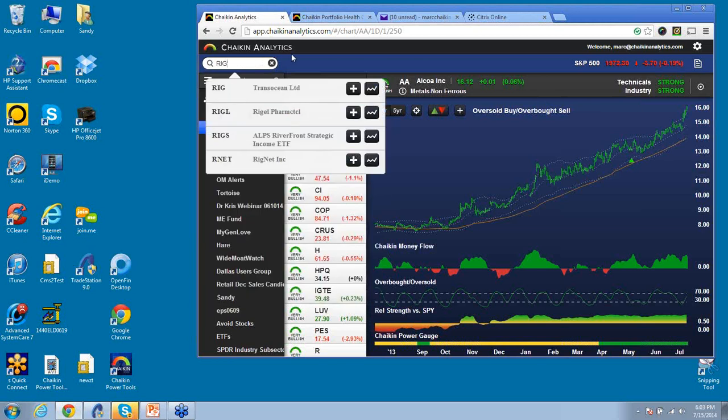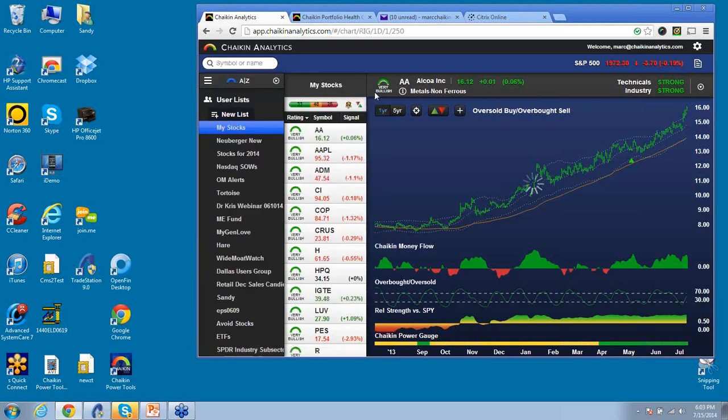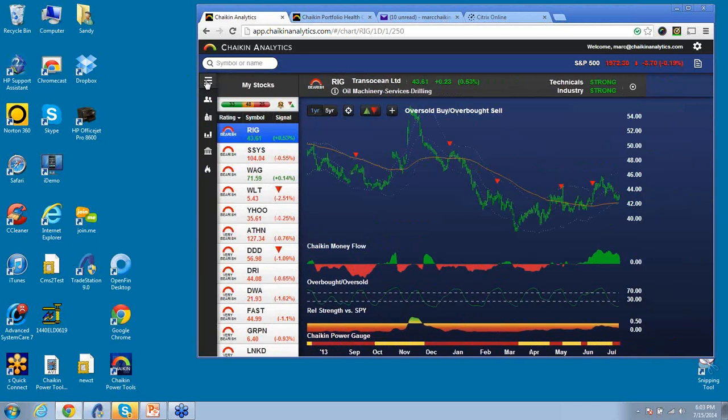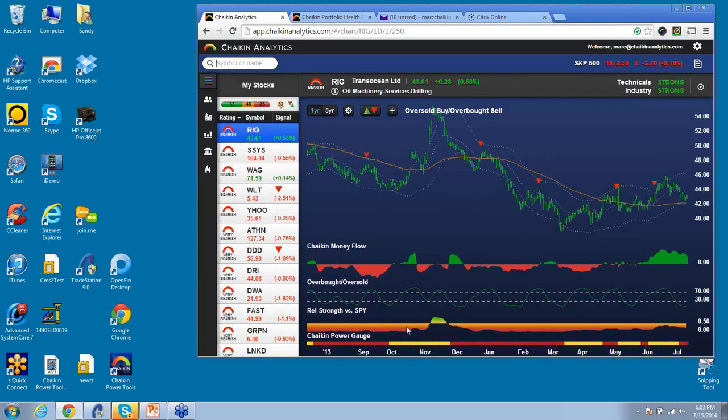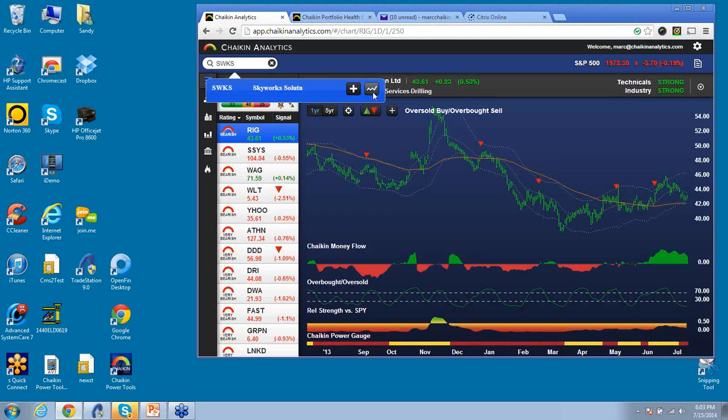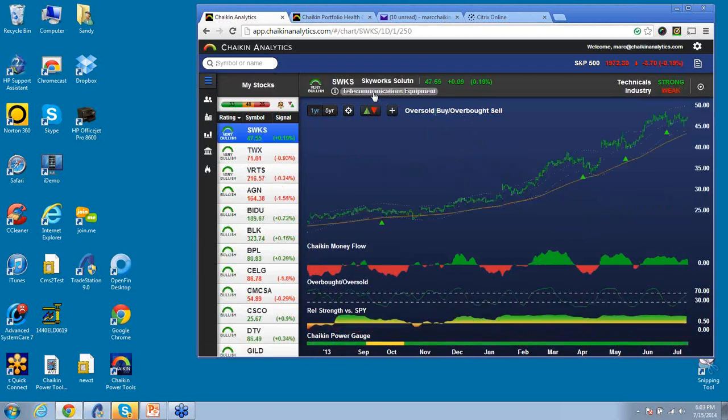Transocean is actually in an industry group that's a little bit stronger now, but it's had a bearish power gauge rating off and on for a year, and the stock really can't get going to the upside. Looking at Skyworks, which we looked at earlier, we see the stock that's due to report is in a nice uptrend. And then if we look at Athena Health, which was another one of my bearish stocks of the week,